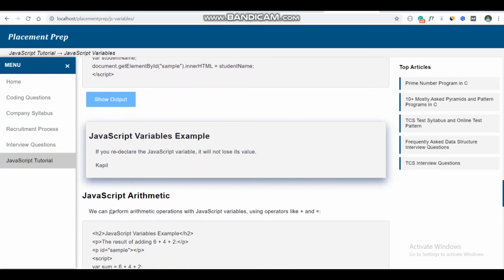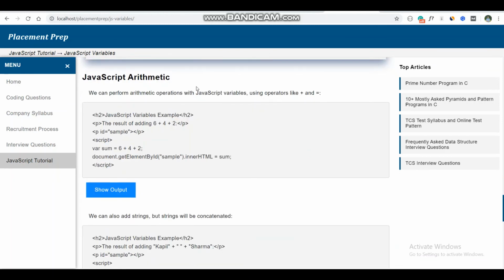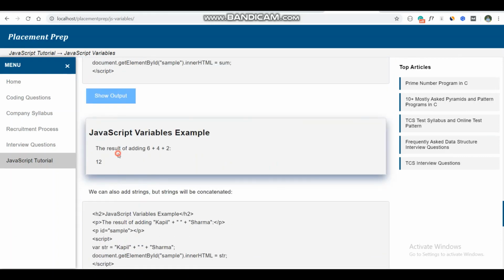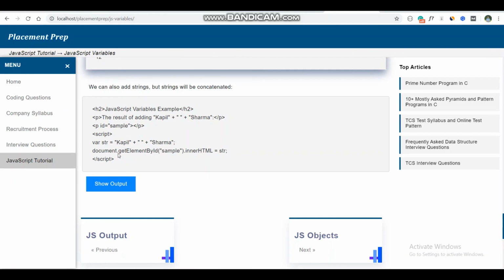Then we see JavaScript arithmetic. The arithmetic operators add 6 plus 4 plus 2, which is 12, and the output is 12. Another example is concatenation of strings, as we already saw in the live example.